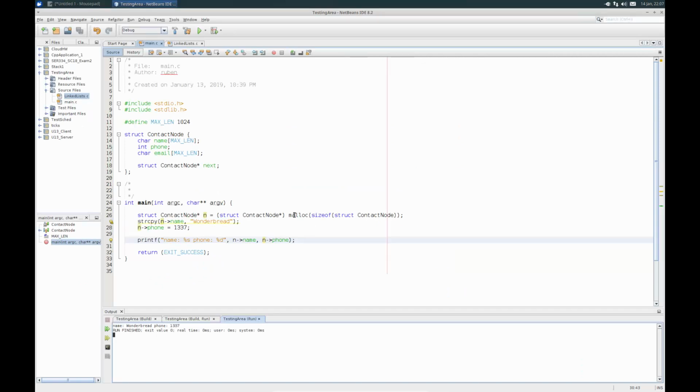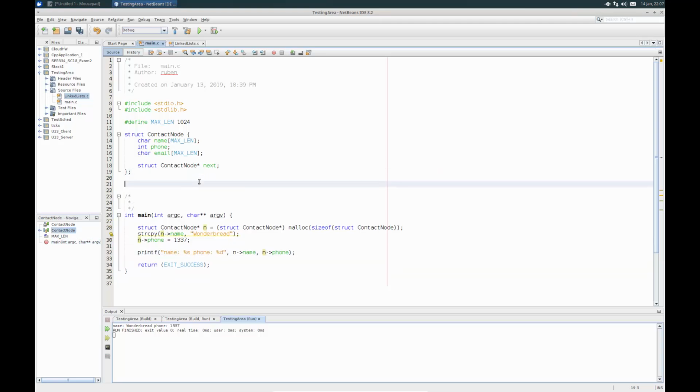So here we are back in NetBeans. Let's try implementing this. I'm going to add basically a function which takes in a node and then adds it to a list that I've perhaps been given. There obviously are many variants of this, but we'll just start with the simplest one. What's going to be the name of this function? We'll call it addFront. That'll be a simple name.